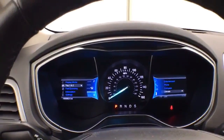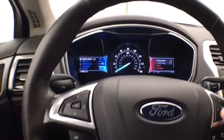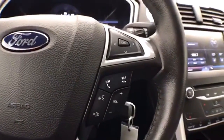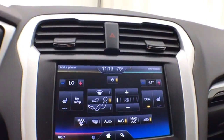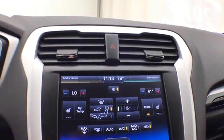Gauges with customizable dash on both sides. Controlled by buttons on the steering wheel, cruise control, steering wheel mounted audio control so you can keep your hands on the wheel, large MyFord Touch infotainment system with dual zone automatic climate control with heated front seats, great for those cold winter days,